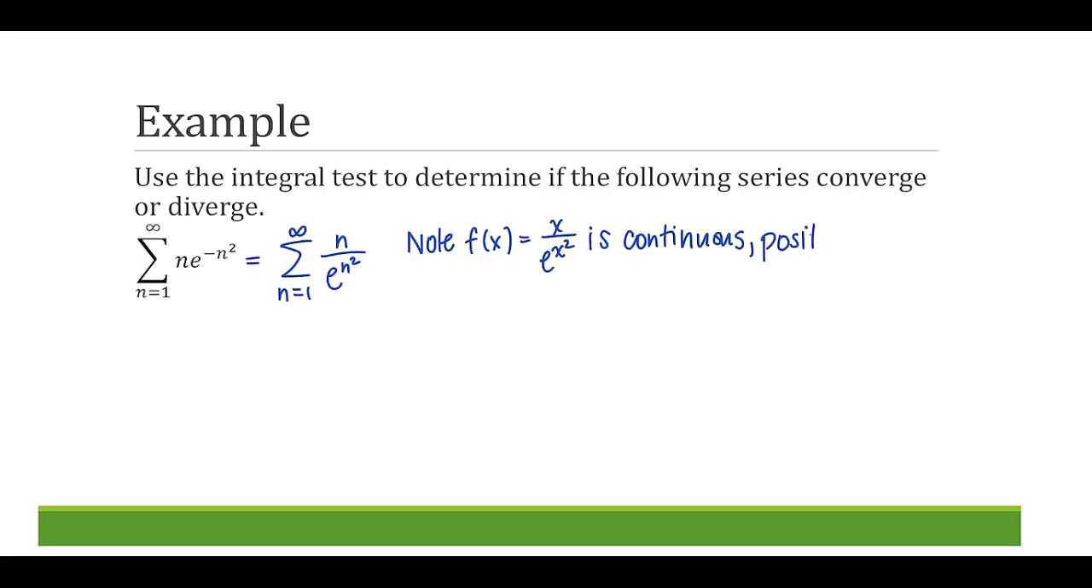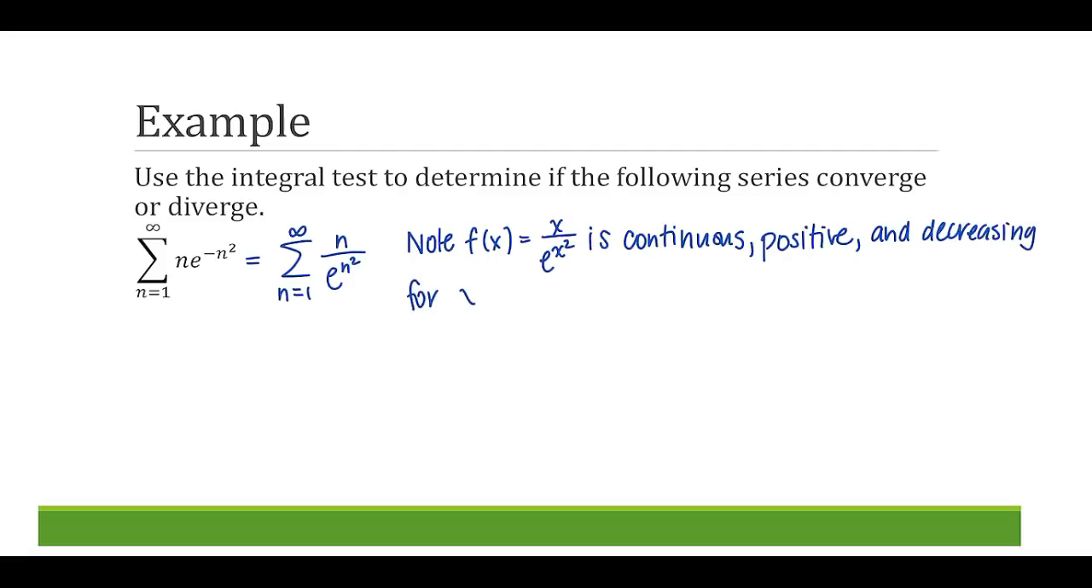positive. So we know that it's positive because we're only evaluating this for n values greater than 1. So exponentials are always positive, and then if x is greater than 1, we're always positive. So f of x is continuous, positive, and decreasing